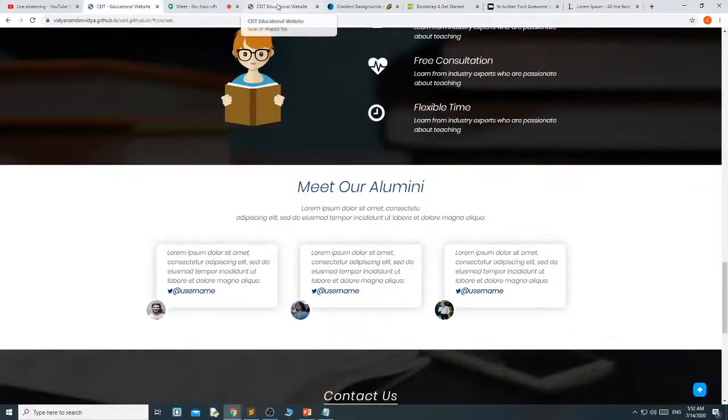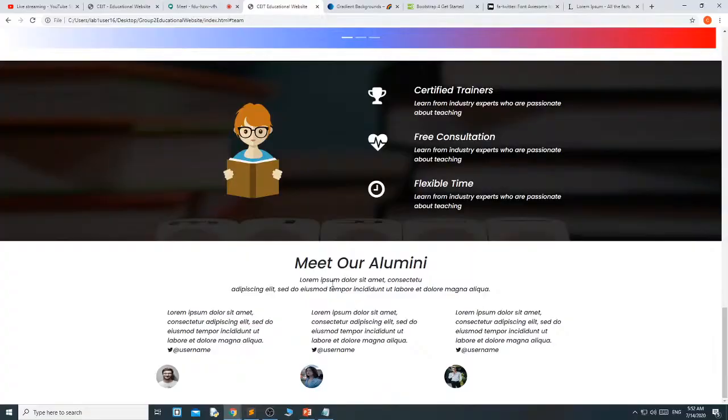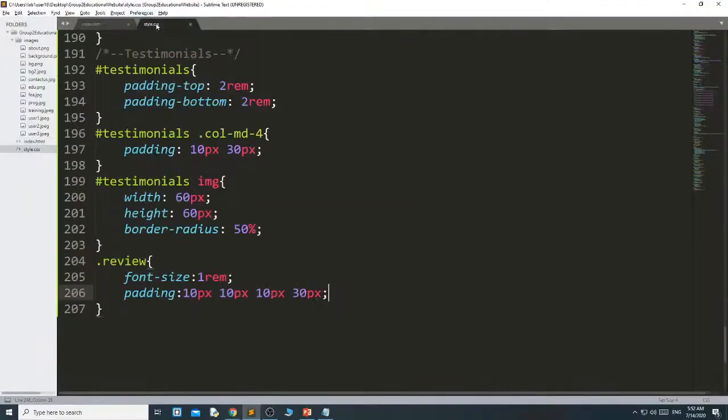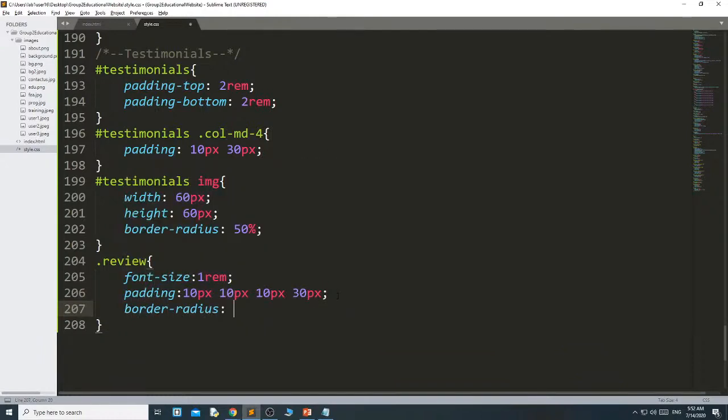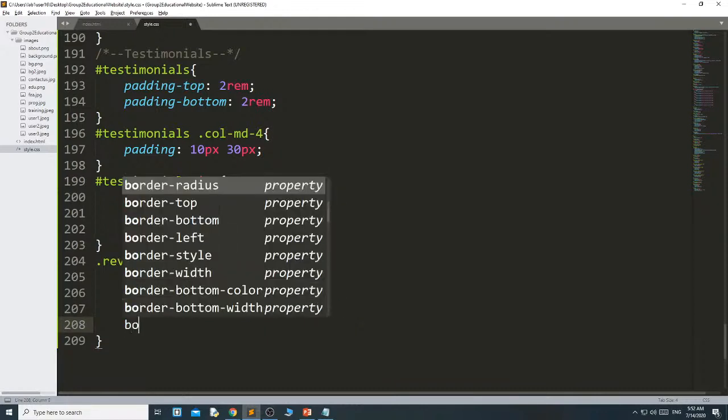Okay, then how can we do that? For that, here I am giving border radius 10 pixel, because if I give 50 pixel then it becomes round. 10 pixel means it will give a little simple soft rounded edge effect. I will show you.